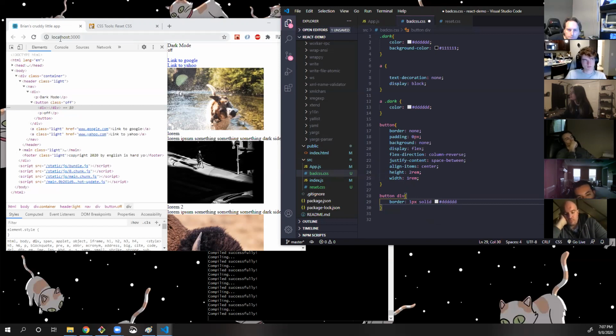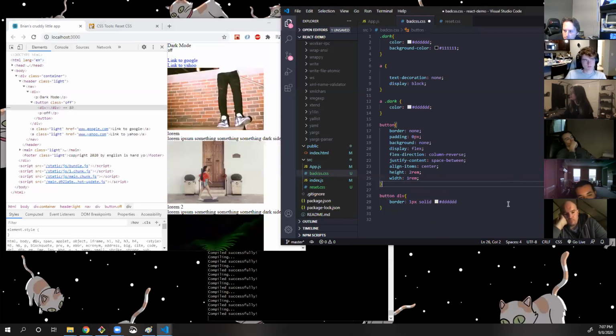So let me just refresh this, make sure that we're in a default state. We're going to do a height, and we'll just say 0.9 rem and a width. So you kind of see this little border around here, and then